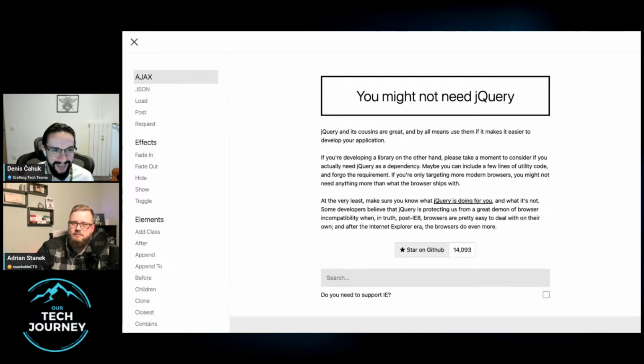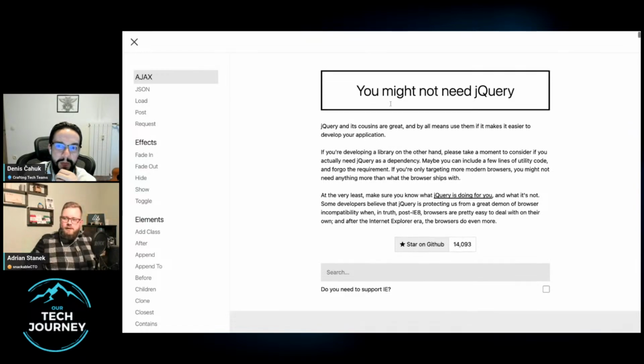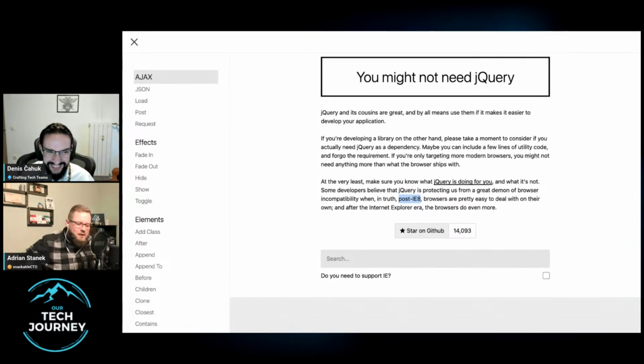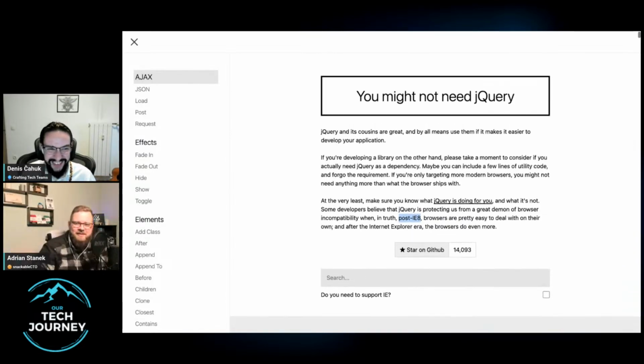So here's jQuery, a sort of desperate attempt to create some kind of common language. But it was created for an ecosystem in the post-IE8 era, which was 20 years ago now. That was the era we don't talk about anymore.